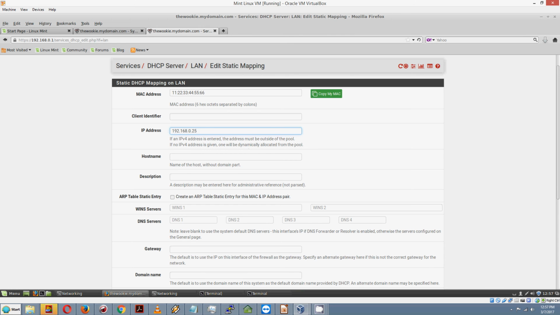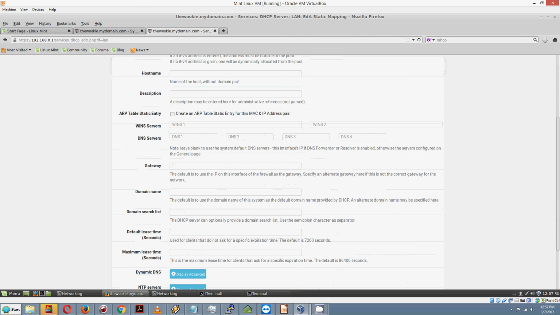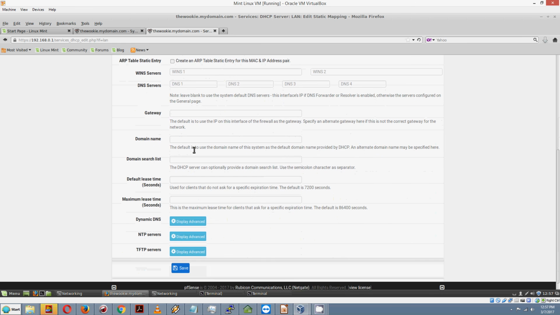So obviously we don't want to assign an IP address that is within the range, the DHCP range. Otherwise, we'll run into the problem with duplicate addresses that we talked about earlier. In fact, let's see what happens if you try to do that. So we'll do 150, which is right in the middle of the range that we specified,